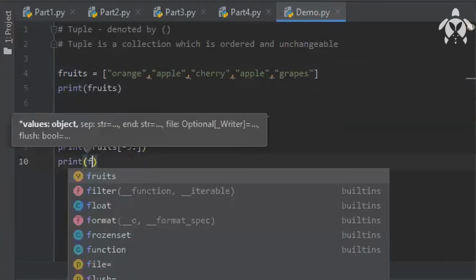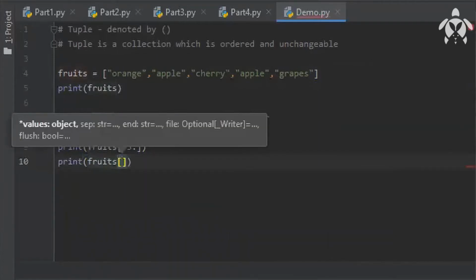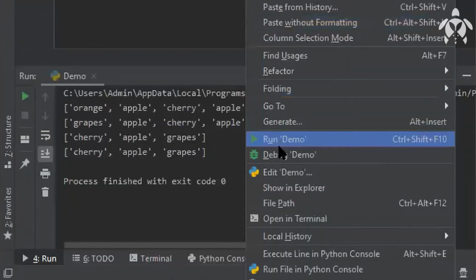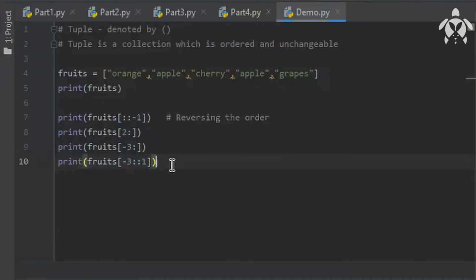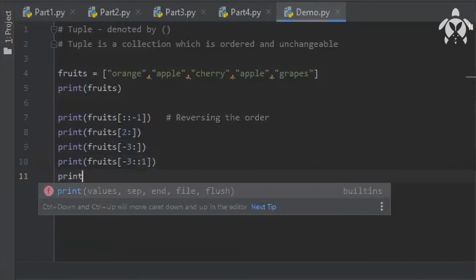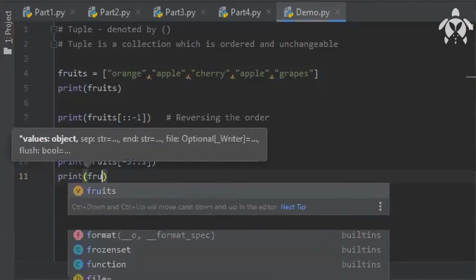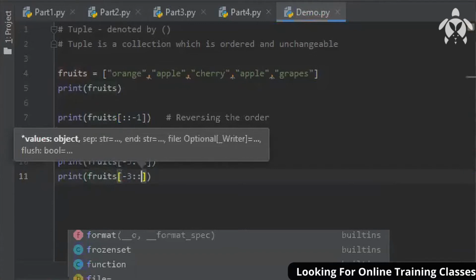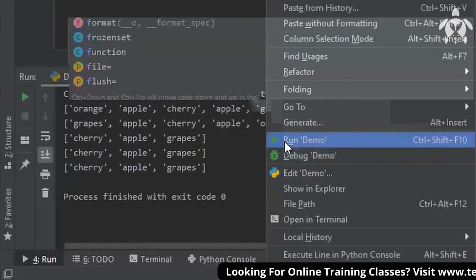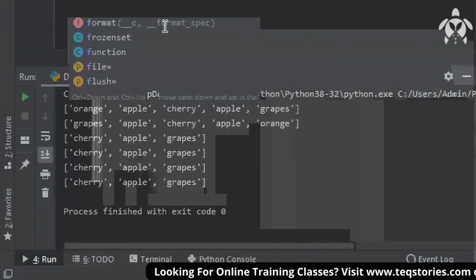Let me print fruits. Let me give -3. -3 to 1 I'm taking. So this is also the same thing. Cherry, apple, grapes. Or if you want, you can write fruits -3 colon. Yes. This will also give the same output.